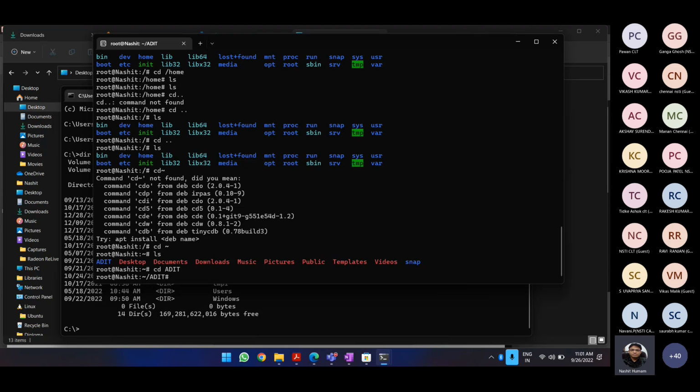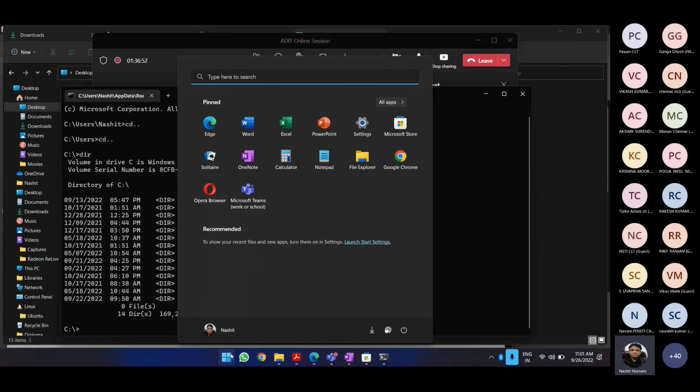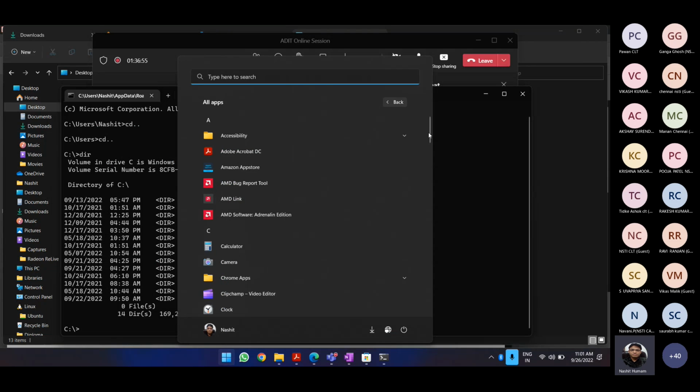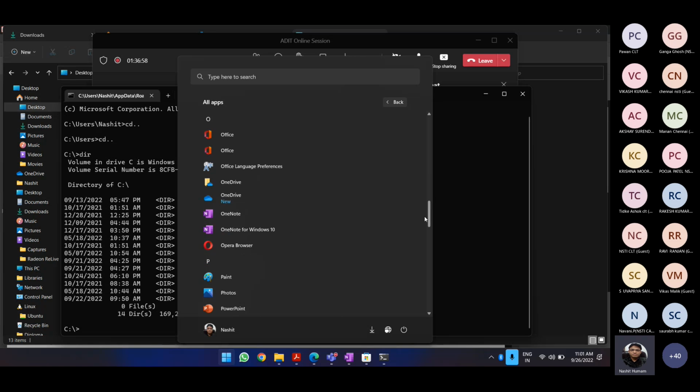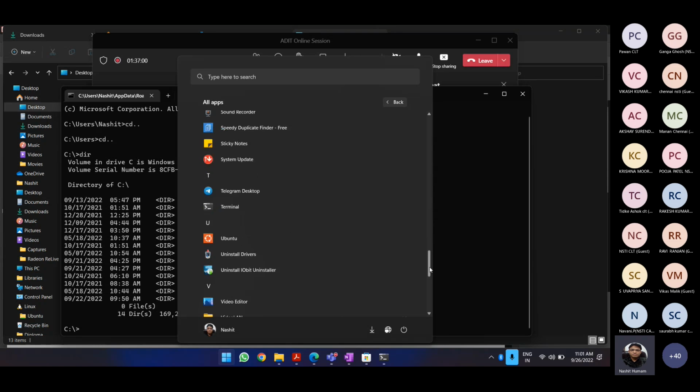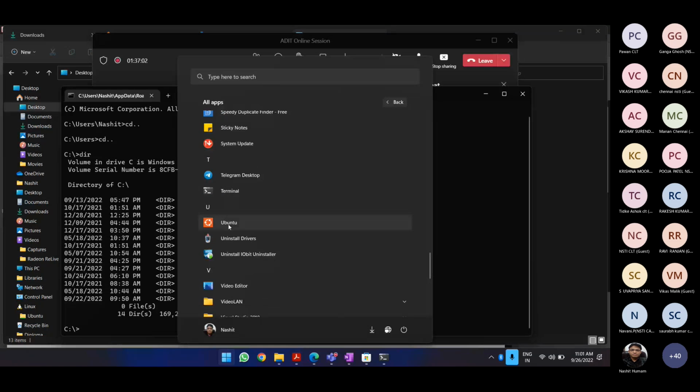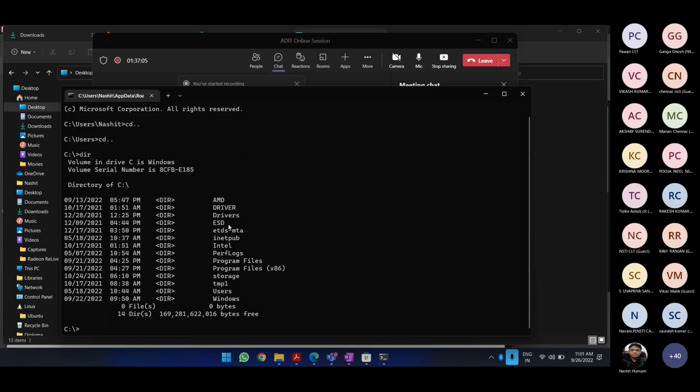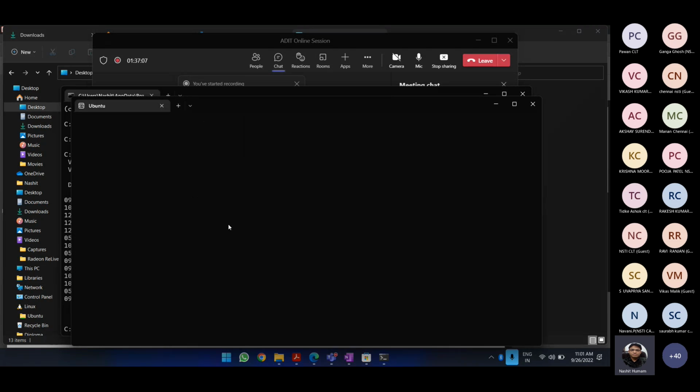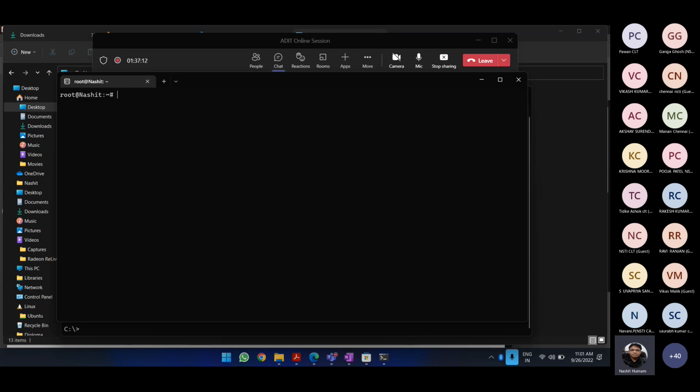Fine. Now, I'm not sure how many of you were able to follow it. So let me open this command prompt again. I have Ubuntu installed on my computer, so let me open Ubuntu. Here I have this Ubuntu, and this opens up my Linux terminal. The first command that I tried here was my ls command that gave me the list of the different files I have.